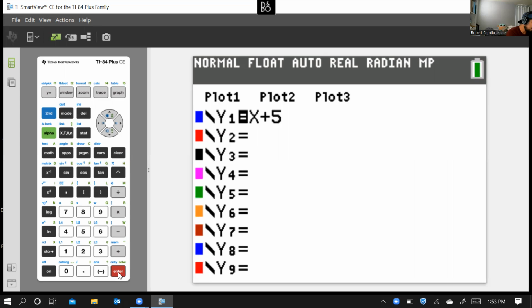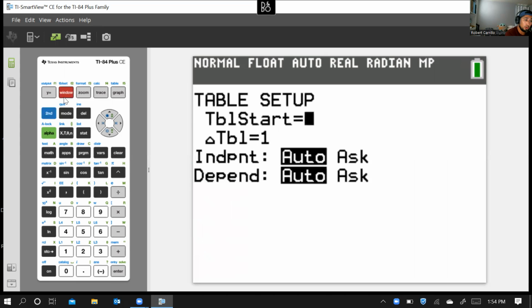The next thing is I will hit second and window. Second and window. That window button is right next to your Y equals button. So if you're looking at the calculator on the left, hit second and then window. And you'll get a setting screen. It's going to say table setup, table start, change table, independent, and dependent. All we are going to go to here is independent, highlight ask,